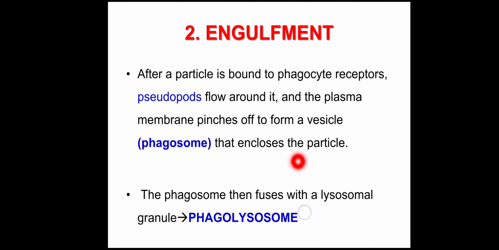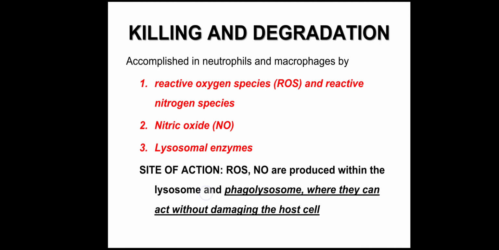The phagosome will enclose that microbe, and when the phagosome reaches inside the cell, it will fuse with the lysosome and form the phagolysosome. The phagolysosome formation is important because inside it the killing of that bacteria will take place, and it is also important because the killing should not affect the other cellular components of that WBC. The killing will take place inside the closed area of the phagolysosome, and it will not damage the other cellular components of the WBC.